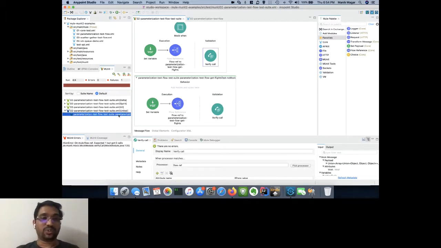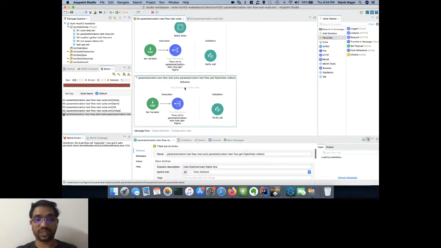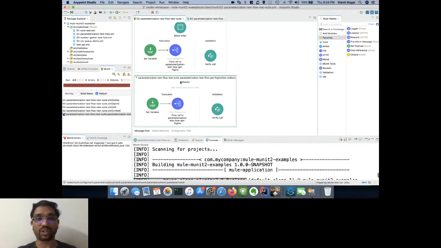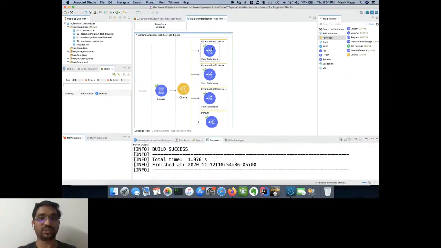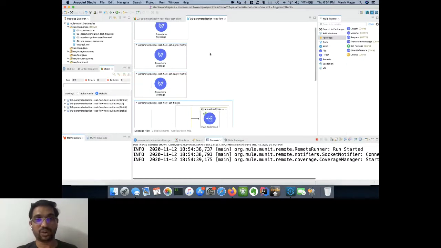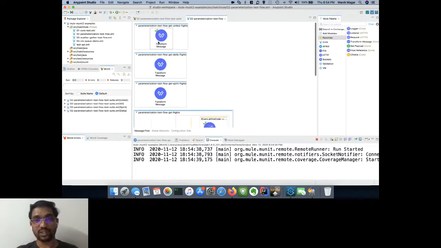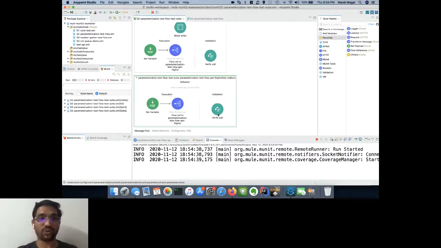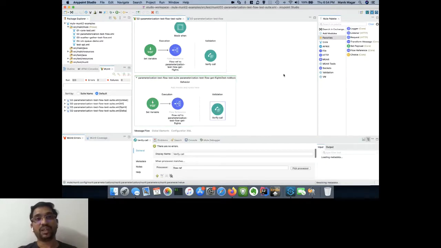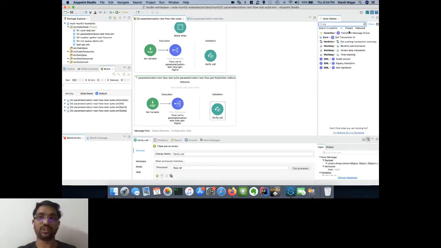Okay, so that's in there. So that's the parameterization. It will only fail whichever one had issues in there. This one is exactly the same. It is not mocking. So if you run this one, it is actually going to make calls to the UL flow here, and that way, in the same parameterization test, apart from the verify call,